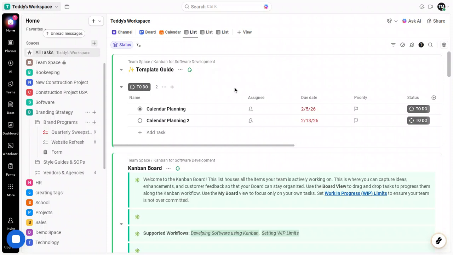column in List View. A couple of quick tips to keep your system tidy. Choose short, consistent tag names and stick to a simple color scheme so your team can